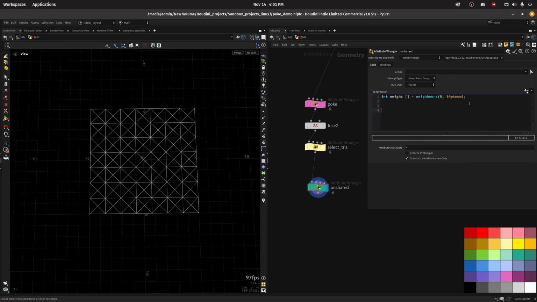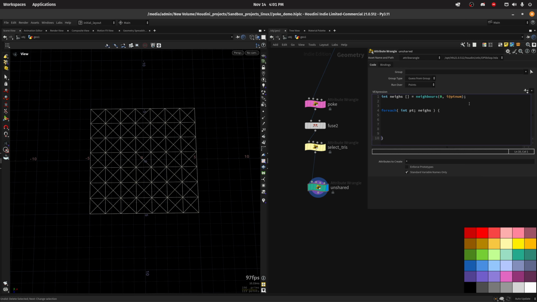And then we will iterate over for each. We will do int point, and we will iterate over the neighbors. Just open the bracket. And now we can grab the point edge. So int edge, it will be equal to point edge, and we will grab using the current point number and the neighbor. So we're grabbing that edge, and we will count in here the equivalent edges. So edge